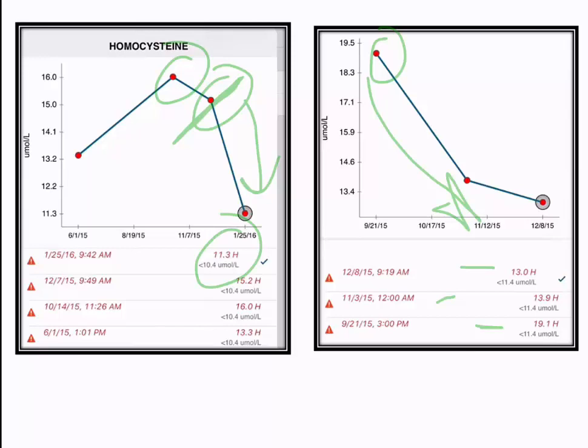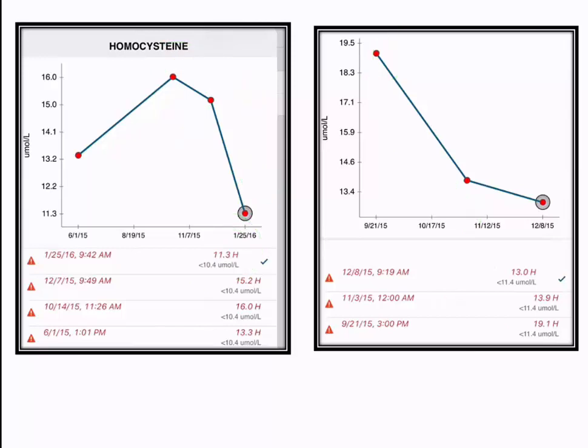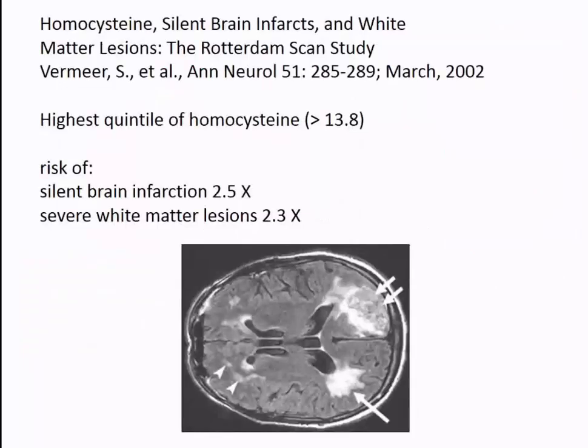medicine. So these next couple slides, what I'm going to go over is what the research shows about elevated homocysteine, in particular brain function. So you can see here, they measured homocysteine. Anything above 13.8 is considered the highest in this lab. So what we're going to be talking about here is